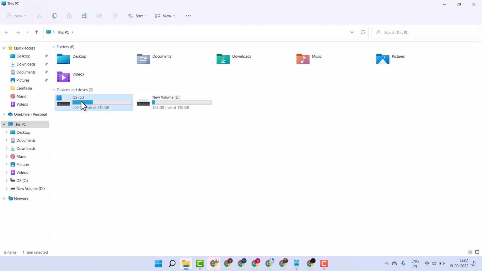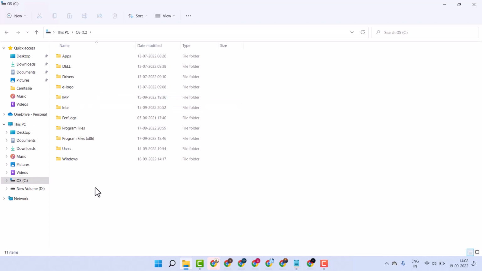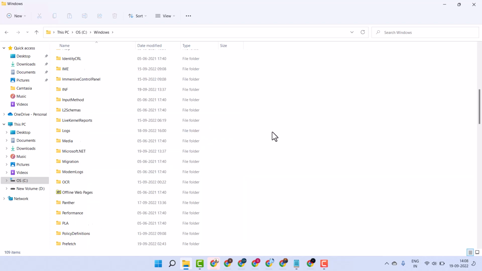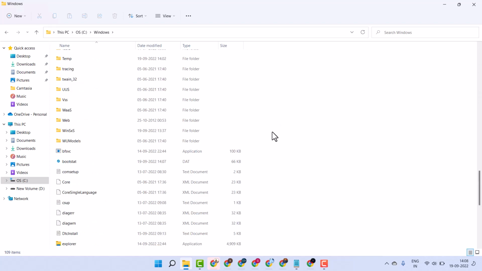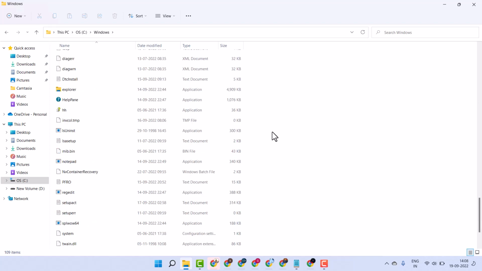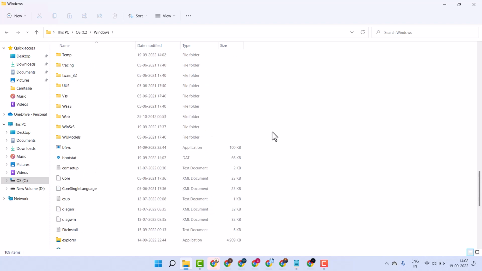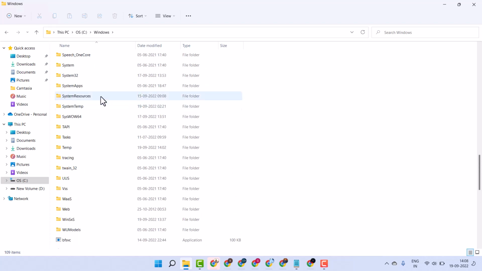then C drive, then here Windows. Now here find out System32 folder. One, open it,